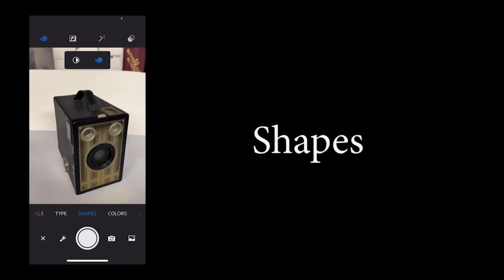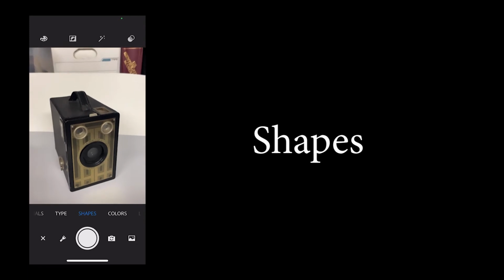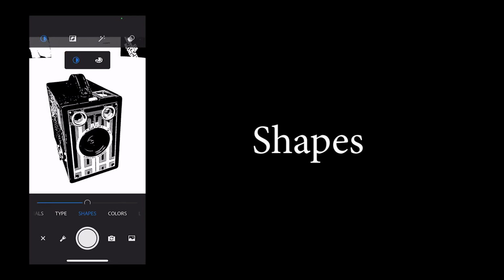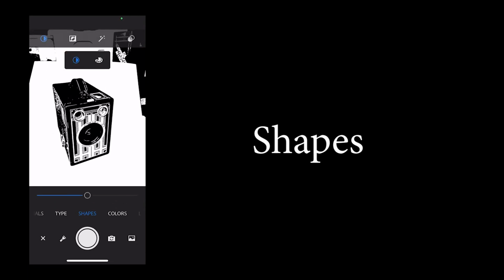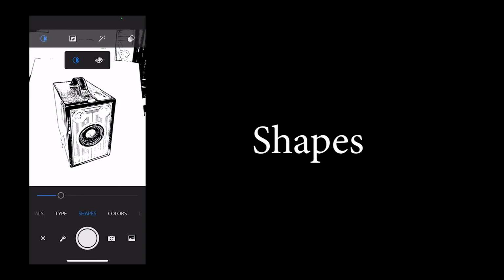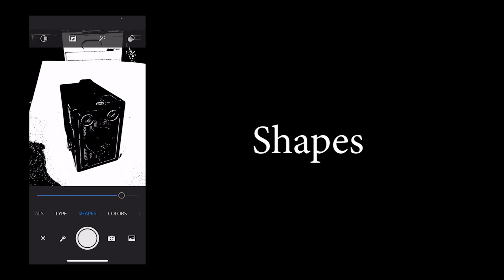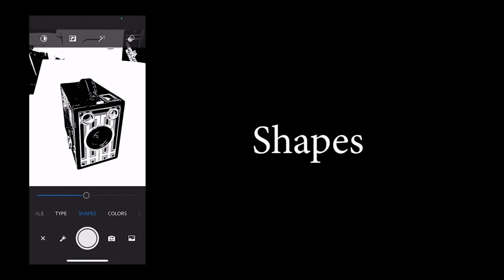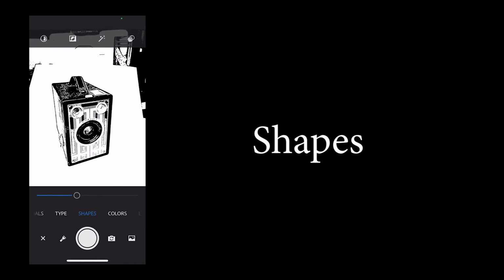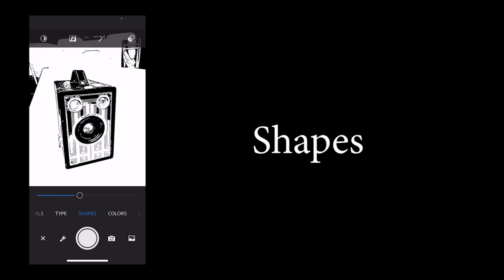Moving on, the next thing is called shapes, and here's what we're going to look at. This is an old Brownie camera, and if you click on the black and white version there, you'll get a very high resolution image. Now you can use that slider down at the bottom to decide just how light or dark you want it. If you go somewhere here in the middle, that gives you a pretty good